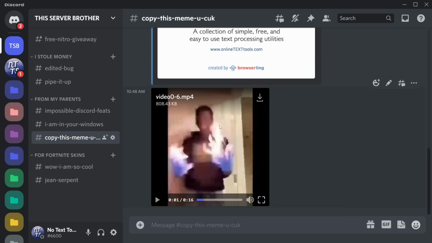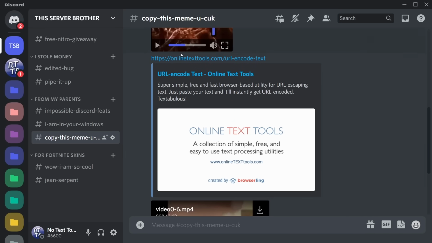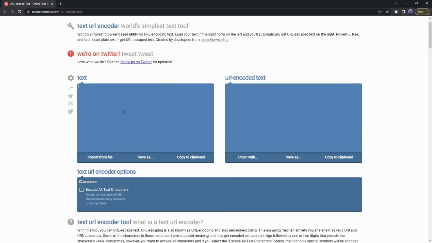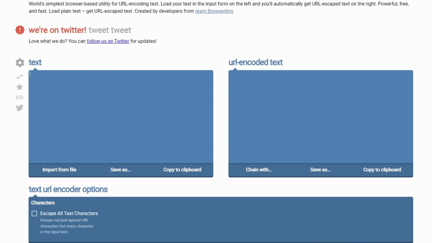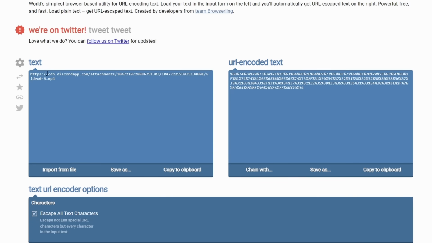So once you have the video uploaded and you can see you can actually download it, what we want to do is right click and just copy the link of the video, then go to this online text tools thing, link will be in the description, and paste in the URL on the left with text and enable escape all text characters. Then we need to remove HTTPS and the colons and the 2 slashes. So it just should be